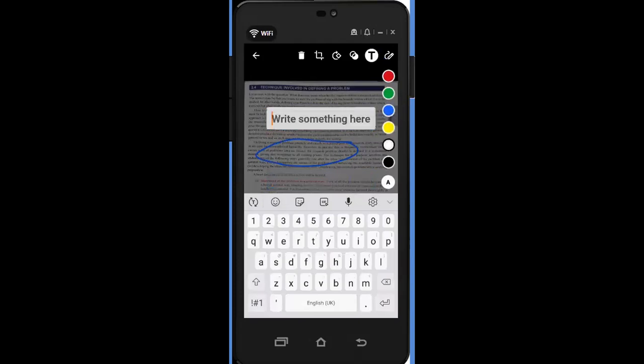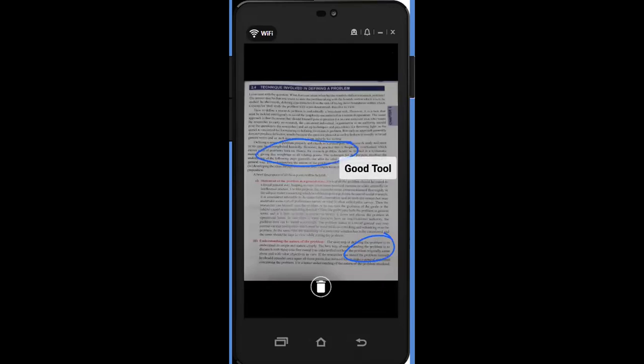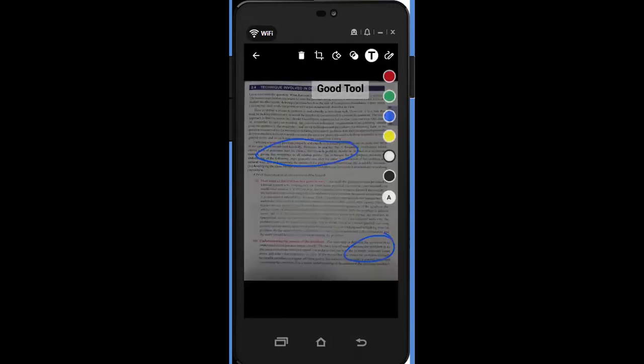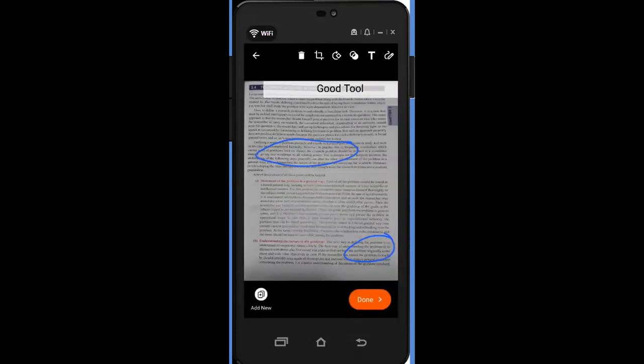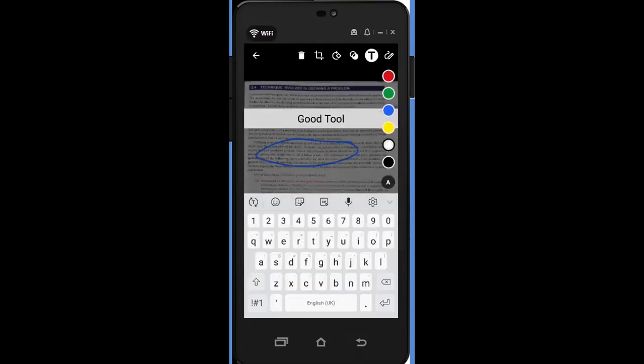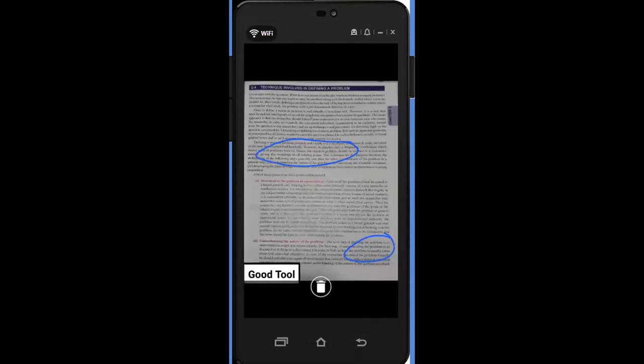Background, no background, I'll just write something like this, good tool, and then you can put it wherever you want. I don't want it to look like this, so yeah, this is fine for me, and I'll just put it here.